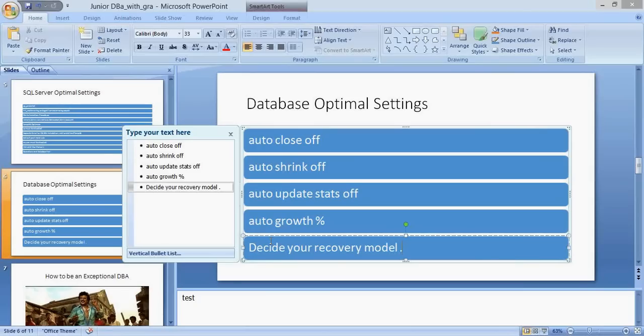By using the bulk logged recovery model, there will be no rollback transactions. This is used when you are using SSIS packages to import data from other databases or other database engines, where you are using the BCP command to import the data, or when you are using the bulk insert command or importing data from any CSV files. Simple recovery model: in the simple recovery model, there is no point-in-time recovery. Why? Because in simple recovery model we can't take the transaction log backup. First thing.